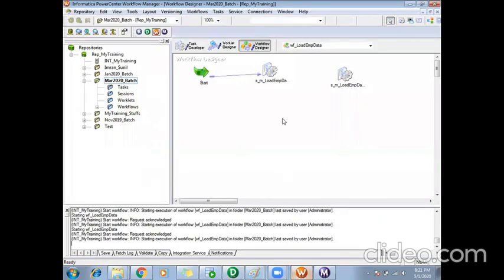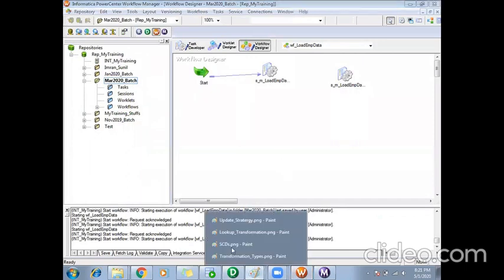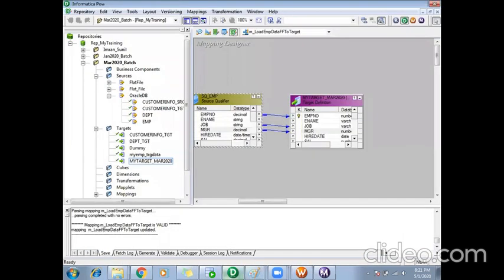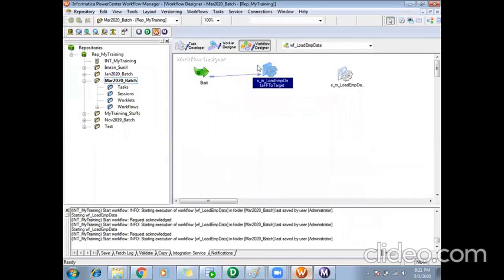This is what you set in your mapping. Now at the workflow level, I am not using update strategy. Without using update strategy, I am trying to update or delete a table record. In the session level, we should set the target property as update. That is here in the session level.